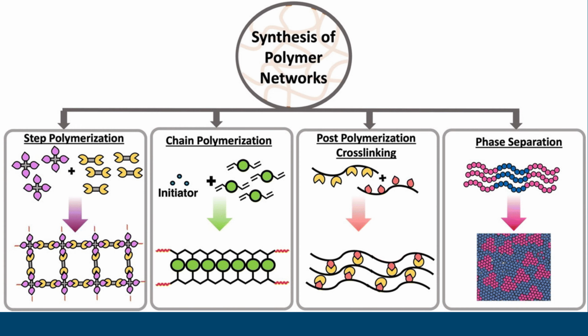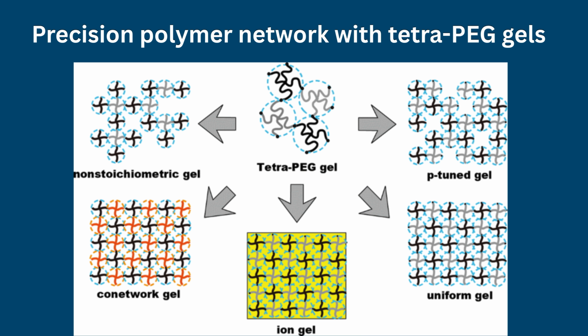Junctions may be permanent, arising from covalent bonds or trapped entanglements, or reversible, resulting from supramolecular interactions or dynamic covalent linkages. The molecular architecture of precursor polymers plays a critical role in determining network uniformity. Conventional random cross-linking often produces highly heterogeneous networks, whereas controlled approaches, such as end-linking of star-shaped polymers, yield more homogeneous structures with narrower strand length distributions. For example, tetrafunctional polyethylene glycol, PEG, star polymers have been widely used to fabricate model hydrogels with well-defined mesh sizes